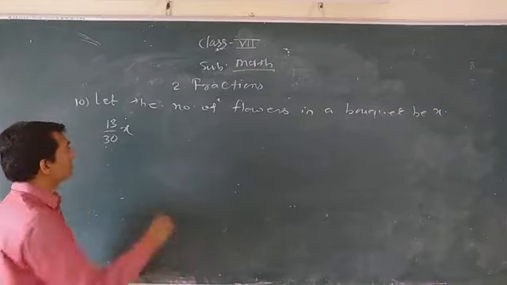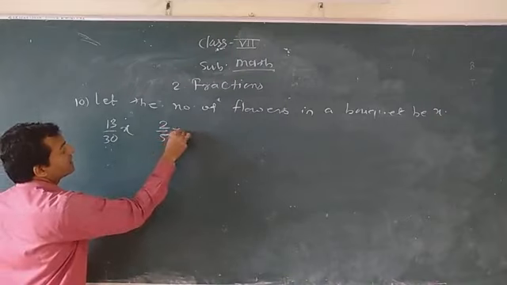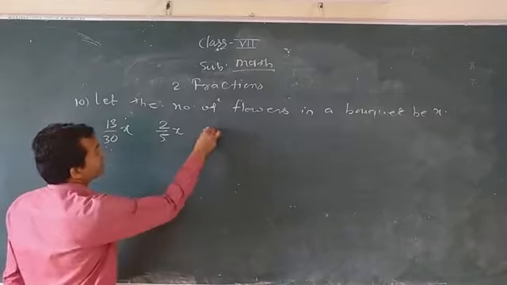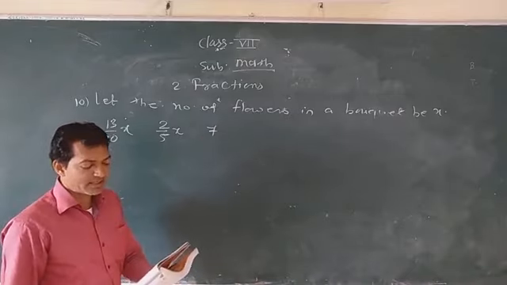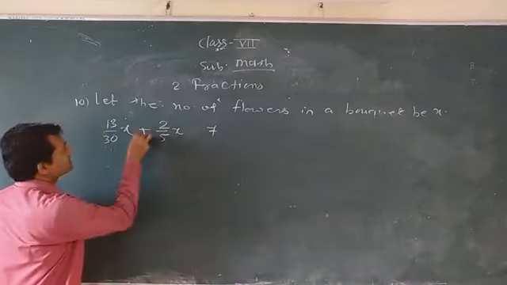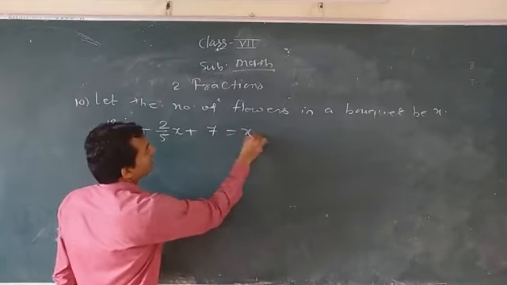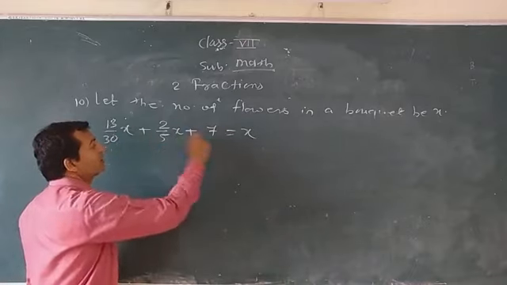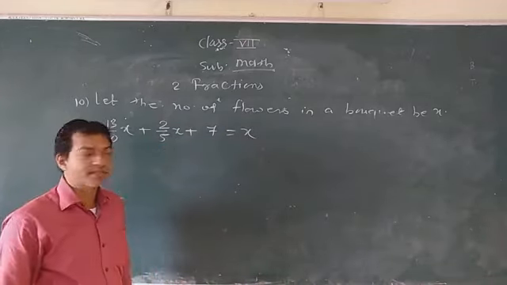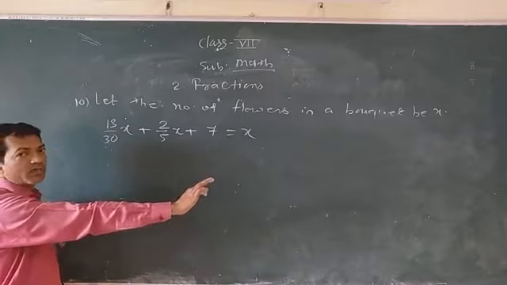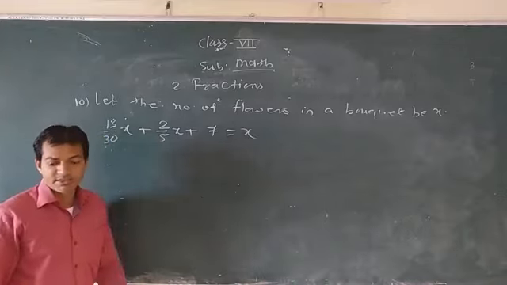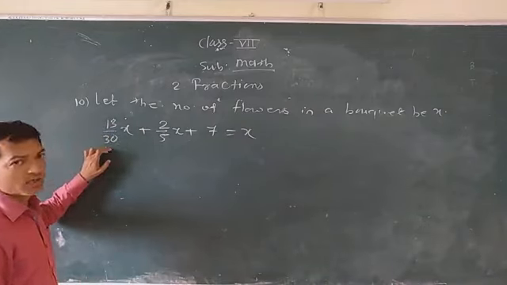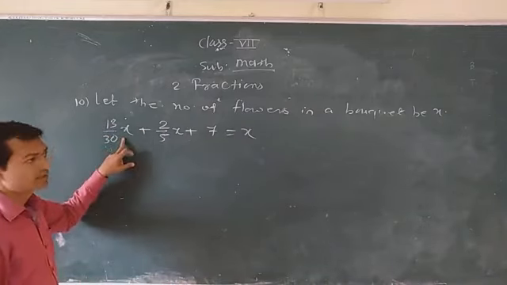Then 2/5 of the total number are what? Orchids, and 7 are, what is 7? 7 are gladioli. So all these combined, how many? Total X. Roses, orchids and gladioli. Total number of flowers are X. So you have to add all these flowers to get the total number of flowers like this. So these flowers are 13/30 roses out of the total number.